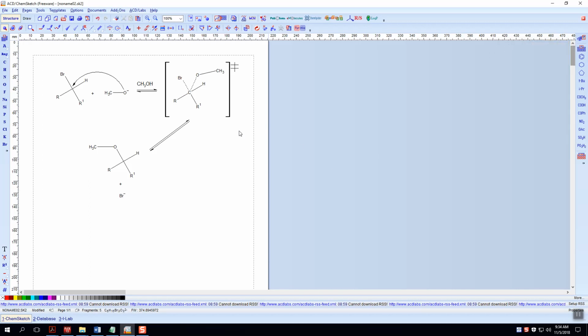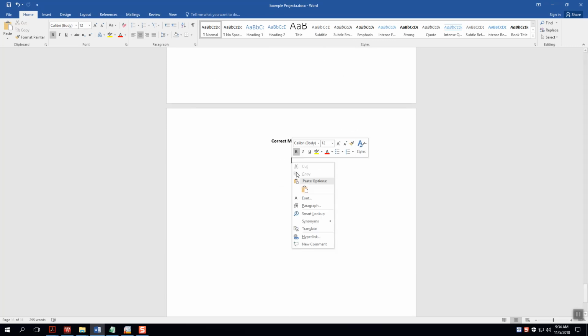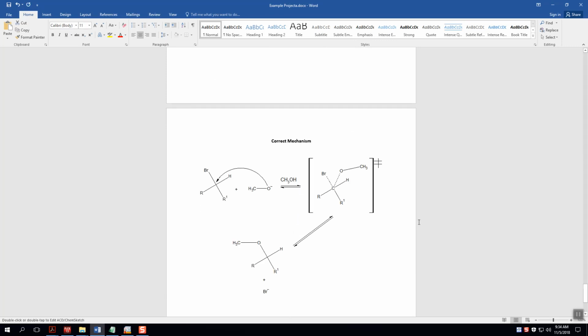So I hope that you found this video helpful and how to draw these corrected mechanisms. But basically, once you've drawn it, all you can do, take it, copy the whole thing, and I didn't want that. I wanted to put it here and just paste it into your Word file. Once you've done that, paste it in that correct mechanism, you're done. And you have completed